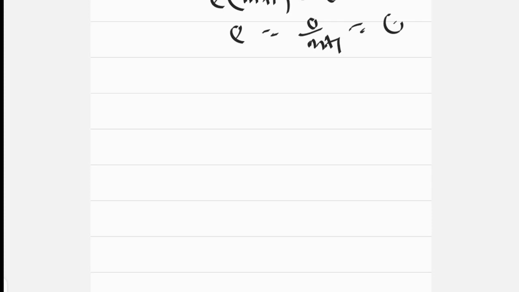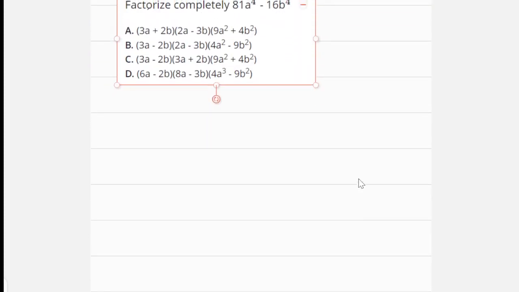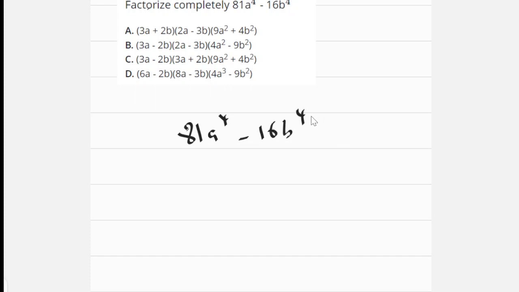So the next question is on factorization. As you can see now, mathematics JAMB is very simple. We have to factorize completely 81a raised to power 4 minus 16b raised to power 4. Anytime you have a power such that you can write it in index form as a power of 2, maybe 2 raised to power 2, 2 raised to power 3, and you have a negative at the middle,